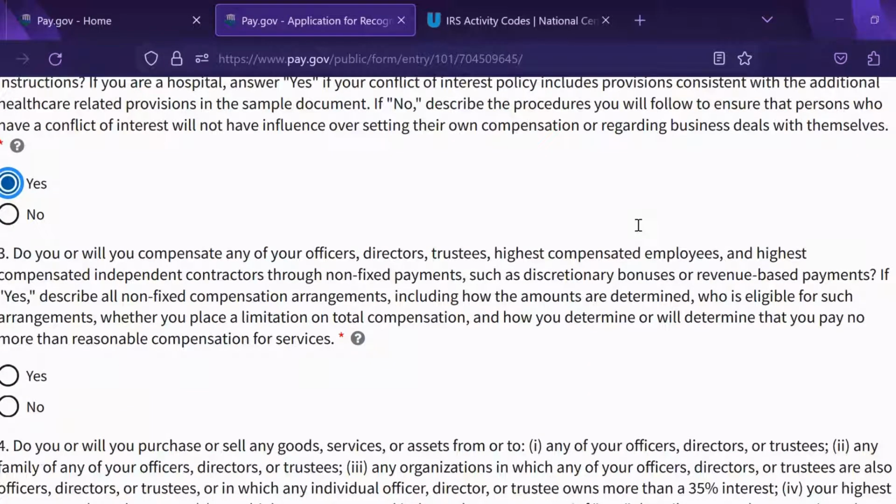Question 3, do you or will you compensate any of your officers, directors, trustees, highest compensated employees, and highest compensated independent contractors through non-fixed payments such as discretionary bonuses or revenue-based payments? If yes, describe. We are not. We're just going to have a regular payment. And let me go